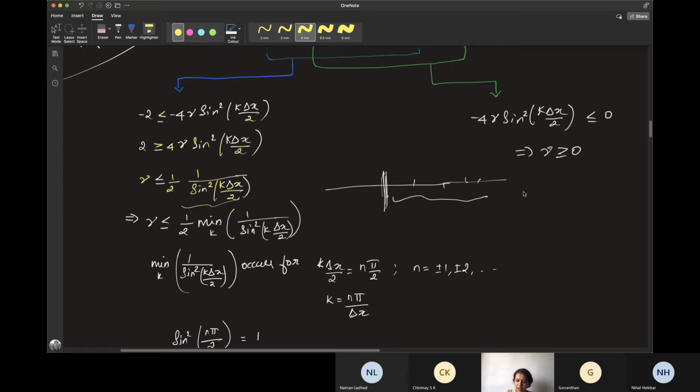So this can lie anywhere over here, depending on what your k delta x by 2 is. Suppose your nu is less than or equal to the minimum of this quantity, that is, the minimum possible one. If nu is less than or equal to this minimum quantity, then obviously it's going to be less than or equal to all of these. So first let's just consider this, from this expression you're just writing this one,